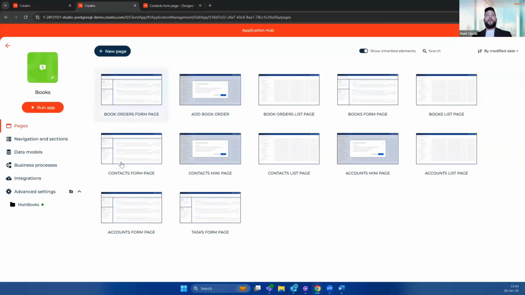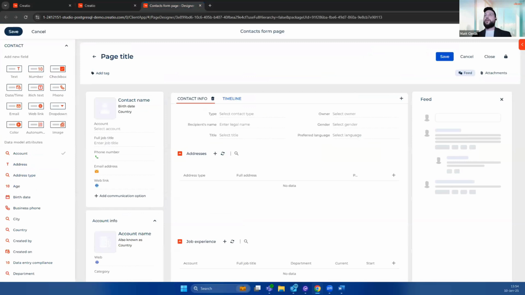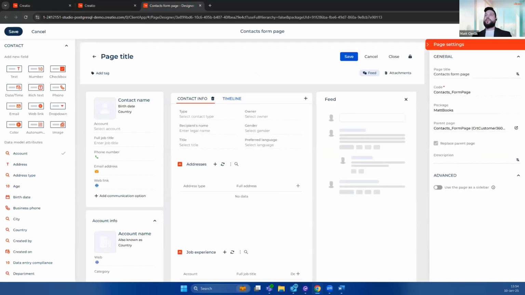So as I previously opened the contact form page from application hub, having the books application opened, in the general settings, you will see that the parent package of this page is naturally the Customer 360 app as it was before, but this particular element will belong to the package books. And now, because I created that dependency,